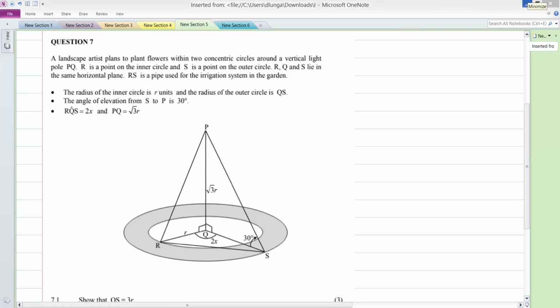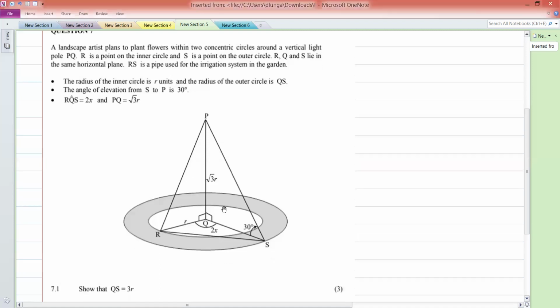All right. Okay, then the angle of elevation from S to P is 30 degrees, okay? And RQS is 2x. Okay, Gabby's coming in now. RQS is 2x and PQ is √3R. So show that QS is 3R, right? So